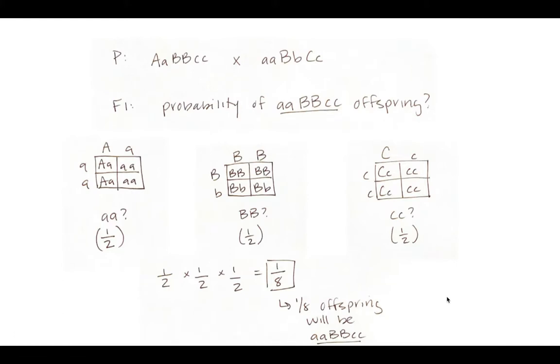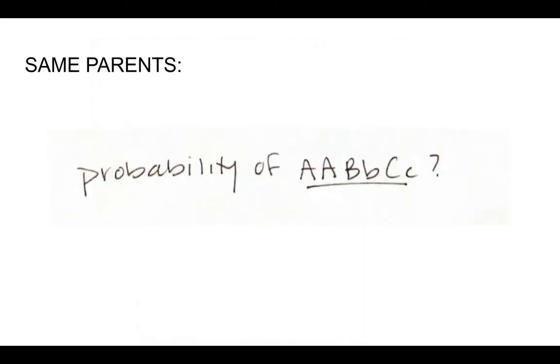So pausing right there, I'm getting ready to ask you the probability of another genotype with these same parents. Okay, so here we go. Use the same parents and the same crosses that you've already done. Tell me the probability of this genotype. When you're ready to hear the answer, unpause. So do the work, do the math, and then unpause. Did you get 0%